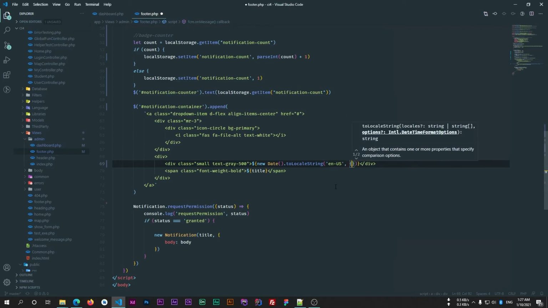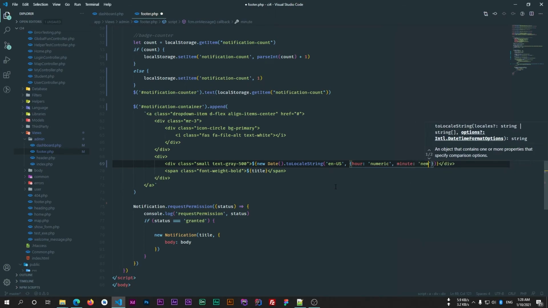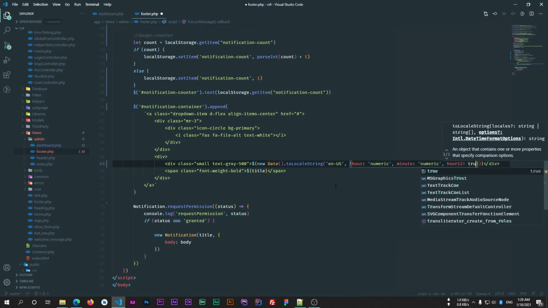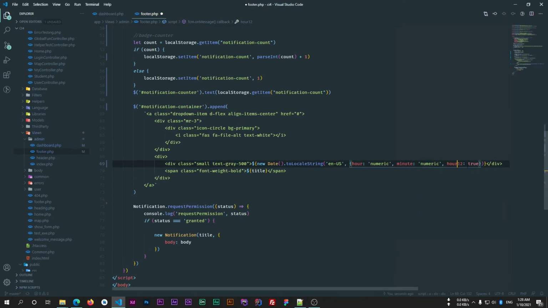So I'll pass an object containing hour, and it will be of type numeric, then minute, and that will be numeric, and then hour12 true. This will display time in AM/PM format.